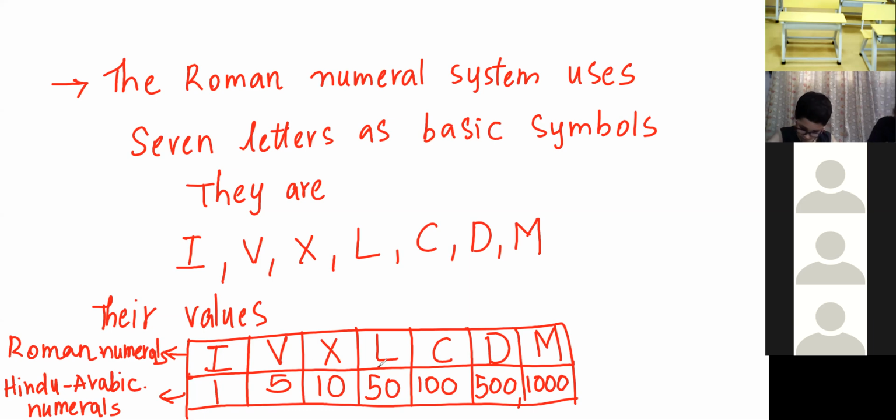It's not compulsory to write these words which I have written just now. Simply for your understanding I am giving them here. The upper row is of Roman numerals. We are converting those Roman numerals into Indo-Arabic numerals. The values are I is 1, V is 5, X is 10, L is 50, C is 100, D is 500 and M is 1000. You people have to practice these values, children, as well as prepare for tomorrow's exam.